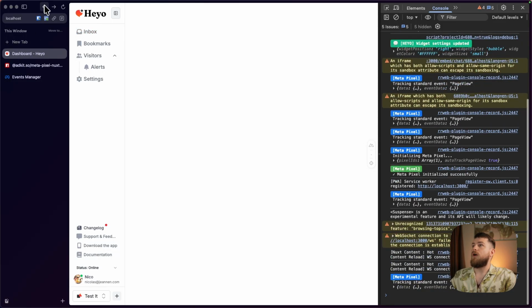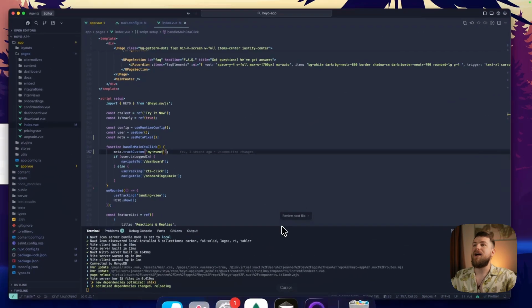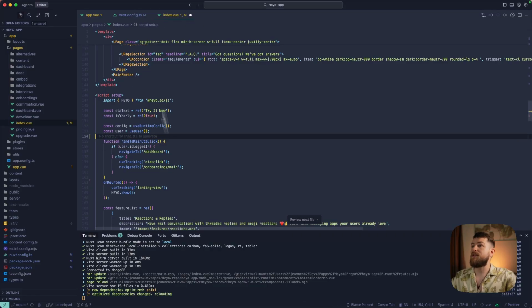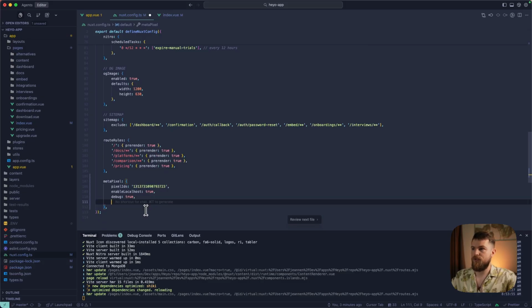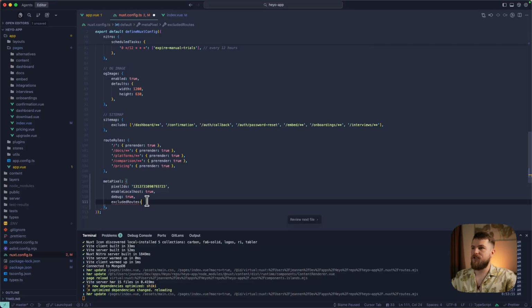You have a few more options, of course. I'm going to cover that right after, but if you just want the standard installation, where the tracking pixel loads on every single page, you can just do it here. It's very simple. Now, in my case, I have some pages where I really don't want the pixel to load. So I have extra options here, which is going to be exclude routes. I can just tell the module that I do not want the pixel to fire on those specific pages.